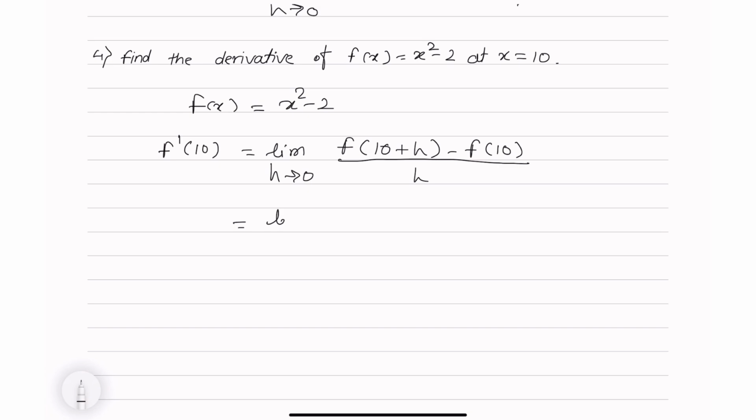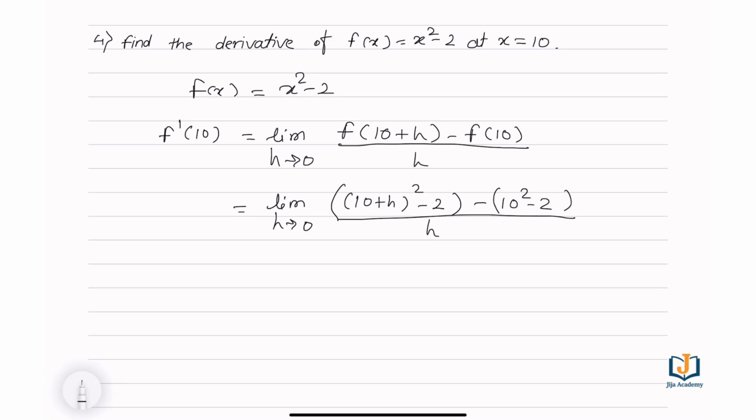So we get here limit h tends to 0, 10 plus h square minus 2 minus 10 square minus 2 divided by h is equal to